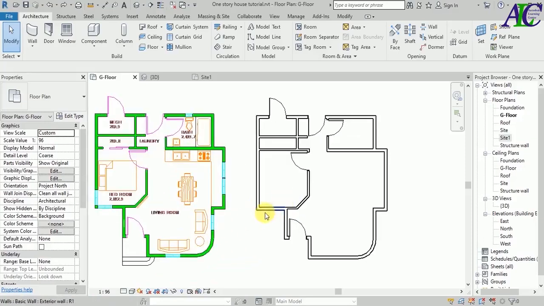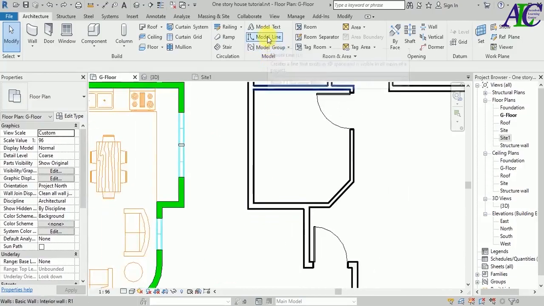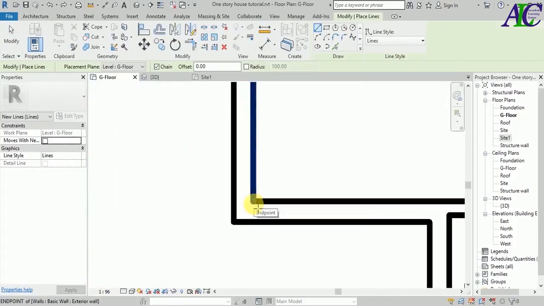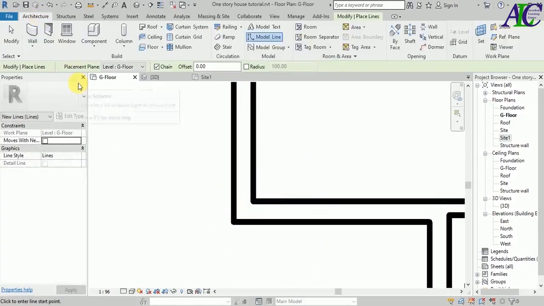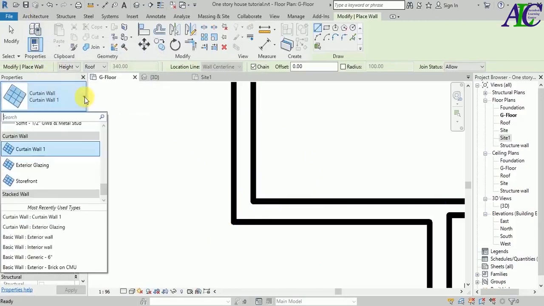So the first time I'm going to start from here, I'm going to create a window in here by curtain wall. So first I'm going to use a model line in here because I don't know the center. One model line in here and one in here. Okay, and now I'm going to create the curtain wall, select the wall, and then from here inside I'm going